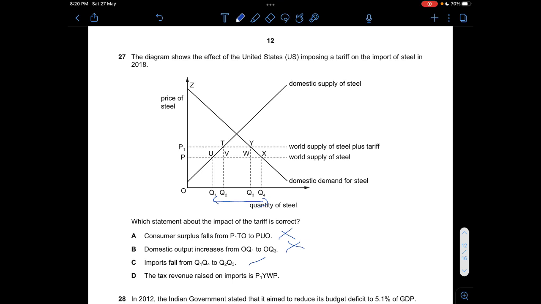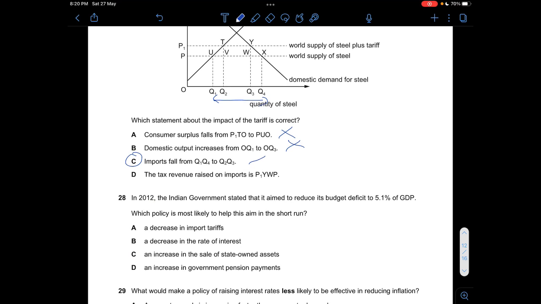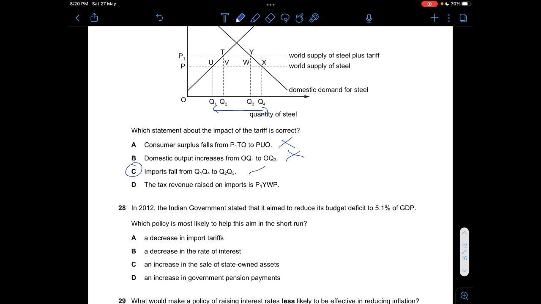And then D says the tax revenue raised on imports is P1 YWP, which is not correct, right? Because P1 YWP will be this entire area, so this is not the tax revenue collected. So answer is C. And then for question 28,